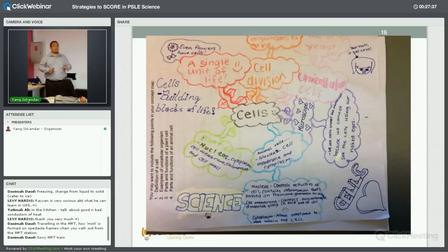They forget, like in just the PAN CA1 paper exam. I've looked through some of their papers, and they say they have forgotten what they learned in magnets, which is in primary 3, and then in heat in primary 4. So the challenge is how to get our students, by PSLE or by the final exams, the promos,